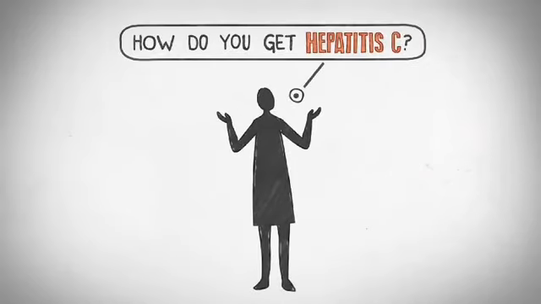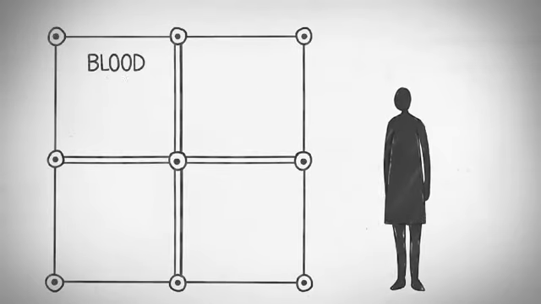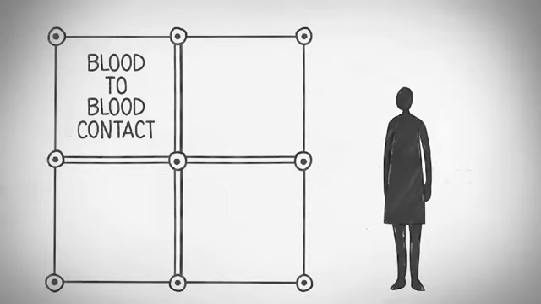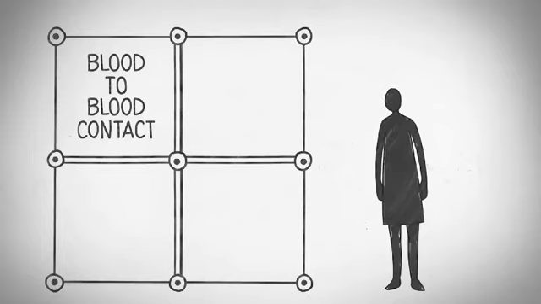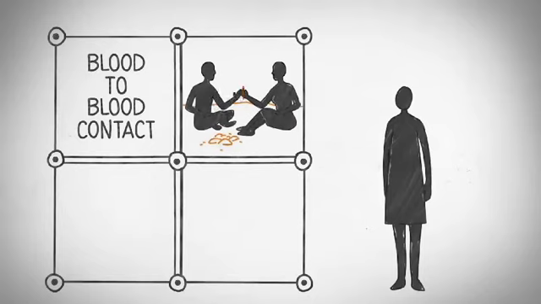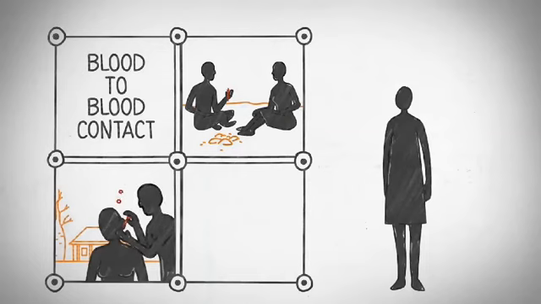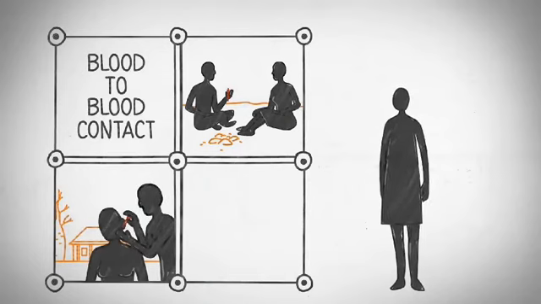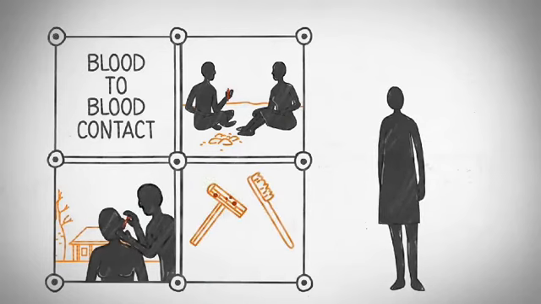How do you get hepatitis C? Hepatitis C is only passed on through blood-to-blood contact. Most everyday activities do not pass blood from one person to another. Just living, working and being around people who have it is not a risk. The most common way of passing on blood is by sharing any equipment used for injecting drugs. And you can get it from using unsterilized tattoo and body piercing equipment, or sharing razors and toothbrushes and ceremonial tools. So basically anything that passes infected blood from